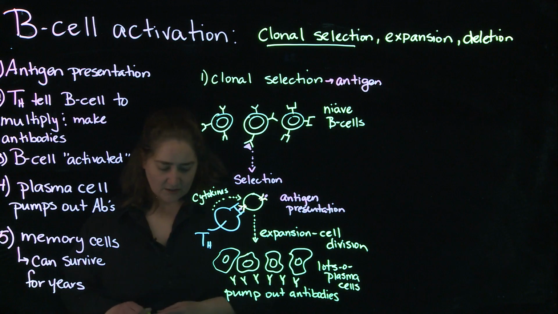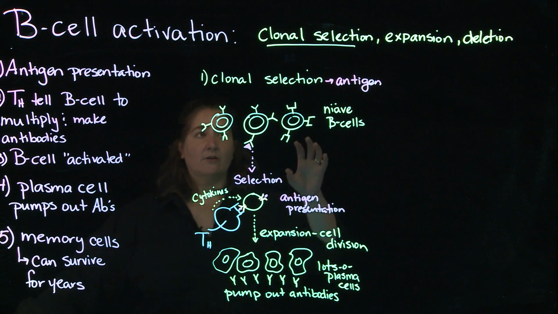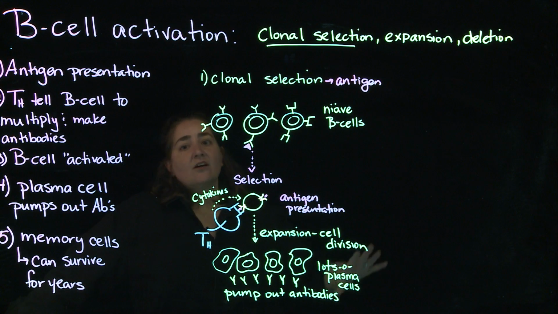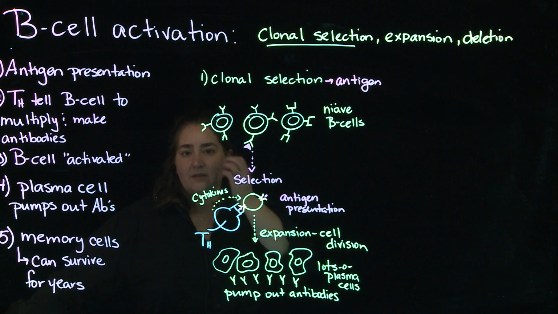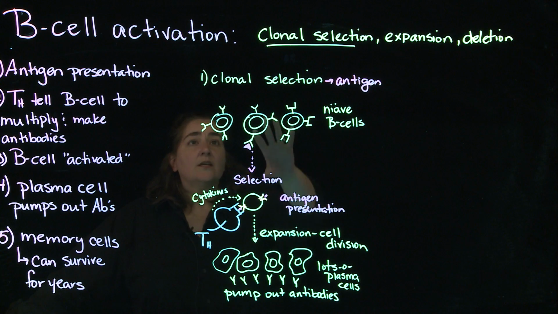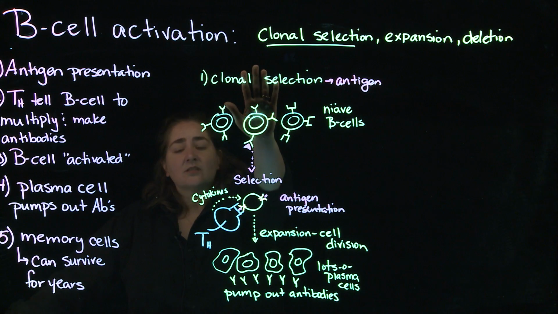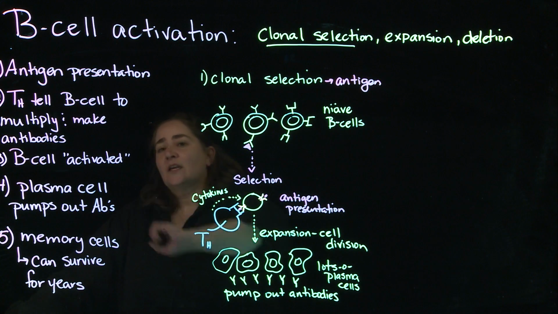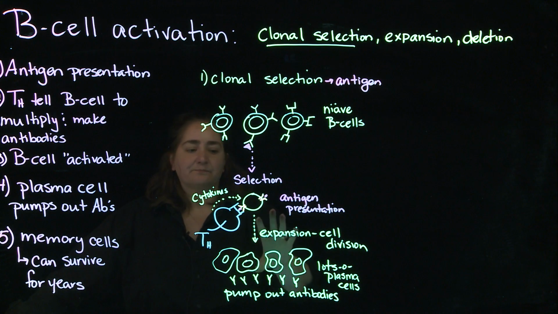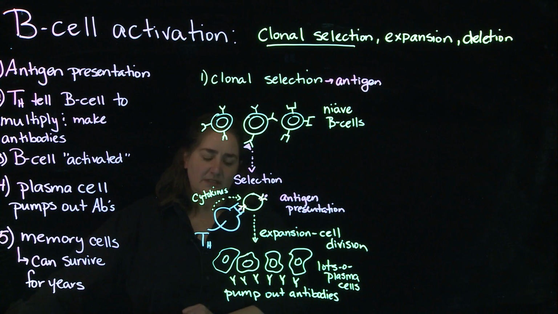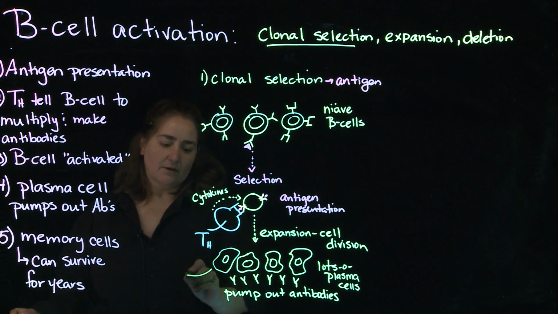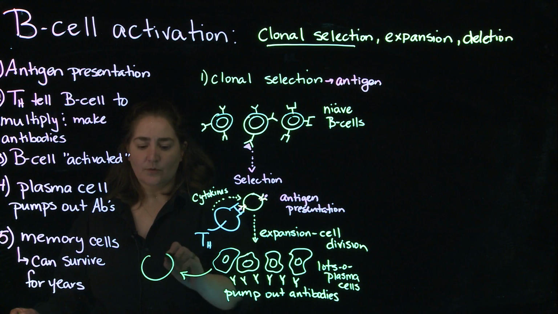Okay? So in terms of your book, when you're reading about clonal selection, clonal expansion, and B-cell activation, they all kind of go under the same heading. All right? So the selection is essentially the antigen binding. The expansion is after we get that B-cell activated, telling it to make more plasma cells. And then the last stage associated with our process would be